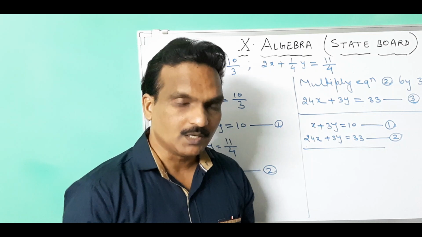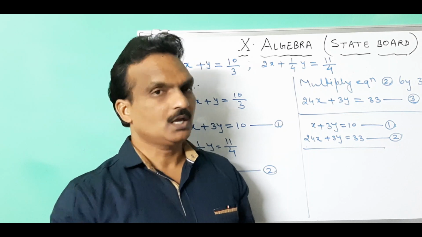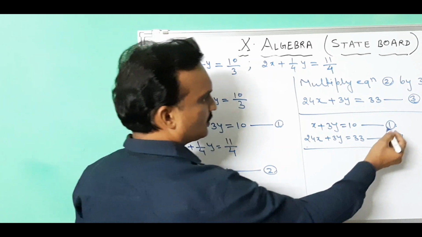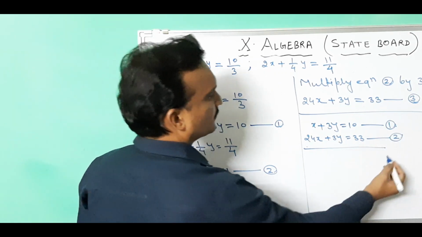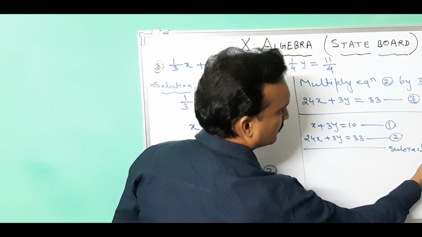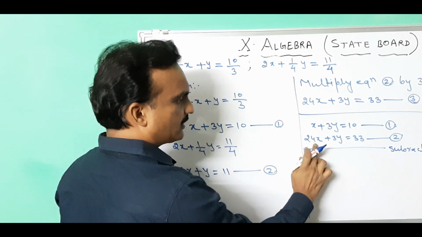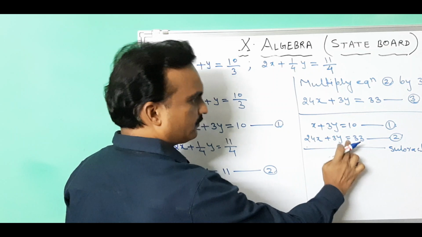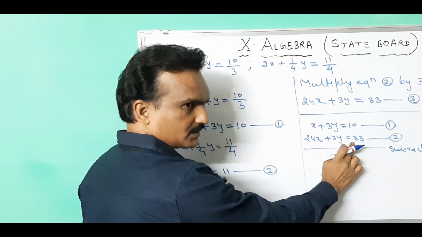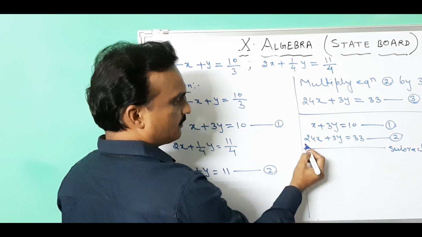So when signs are same, we will subtract one equation from the other. So here we will do subtraction. So subtract second from one. You can write here subtraction. Okay. Now when you will subtract the second equation from 1, the sign of all the terms of equation number 2 will get changed. So here it is plus, you will get minus.